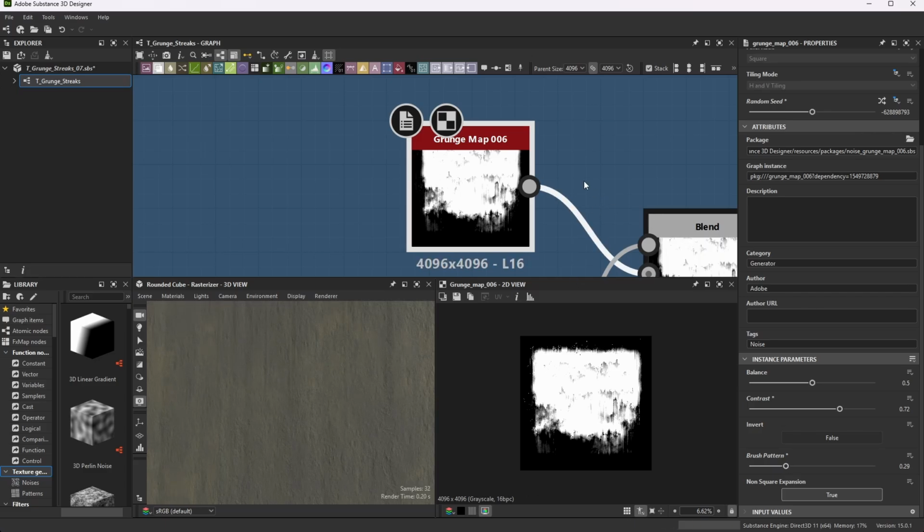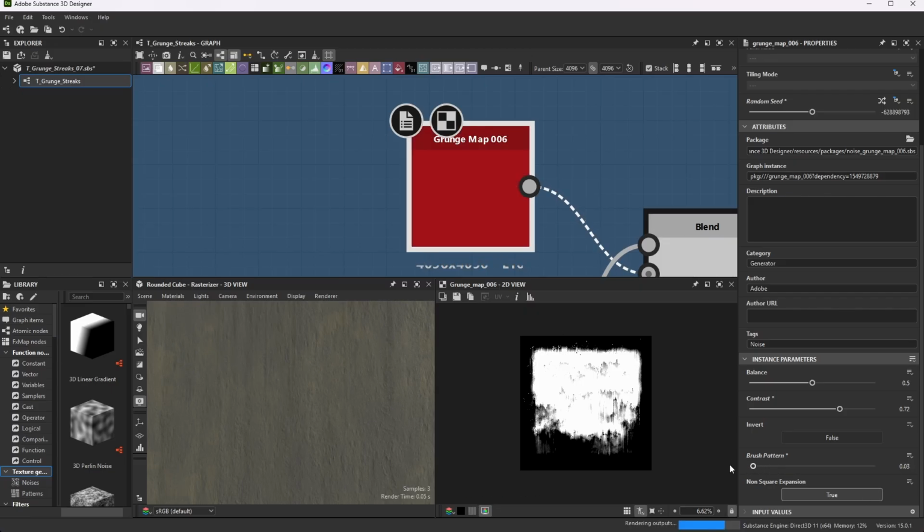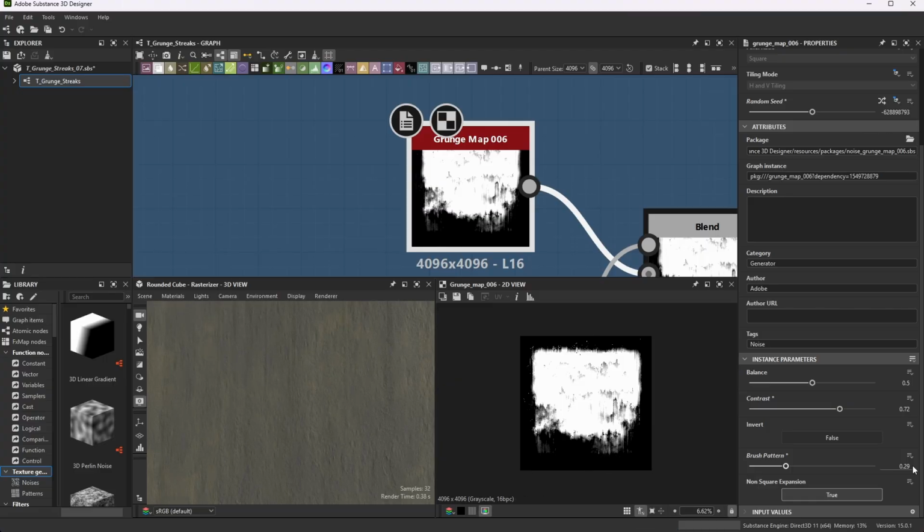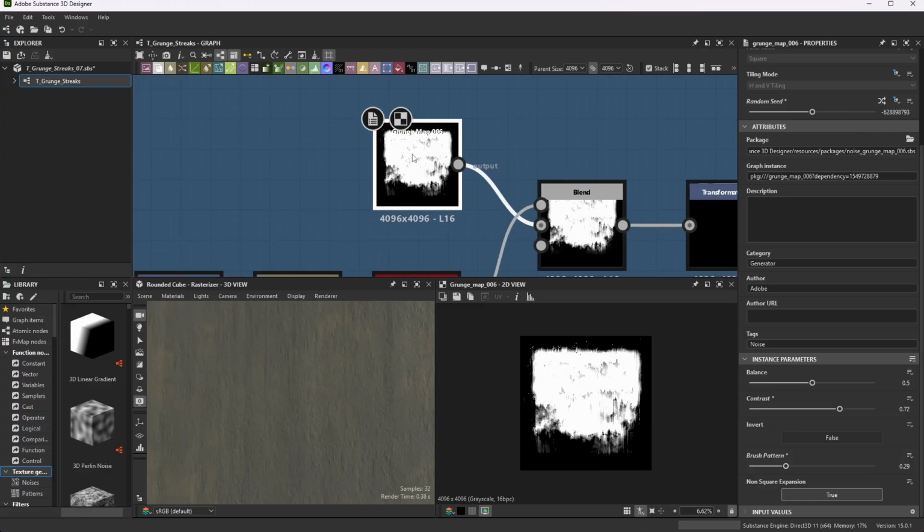Now, say you were going to bake this onto a material or something and you wanted it to tile, you could leave the brush pattern all the way this way and it would still tile left to right horizontally. But we're going to put it at 0.29 for now. Okay? And one thing you can also see with that when you do the brush pattern there,